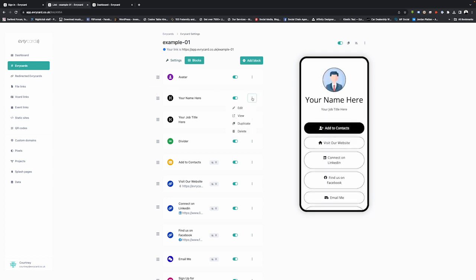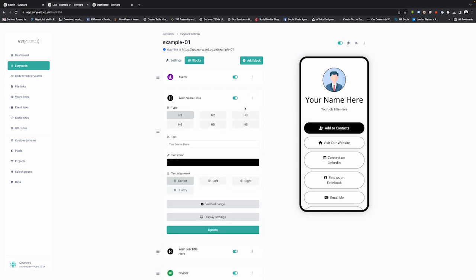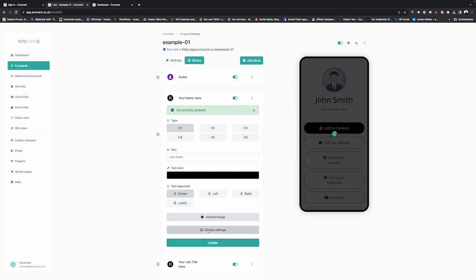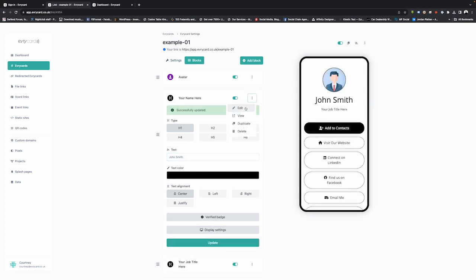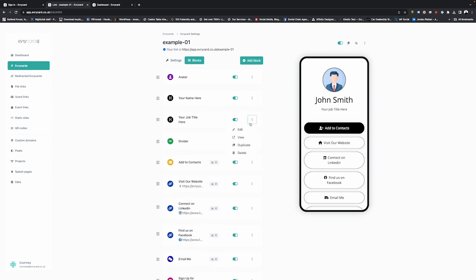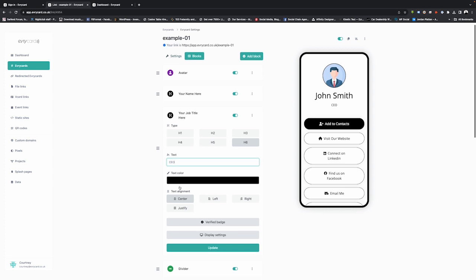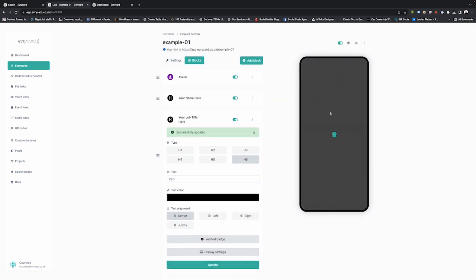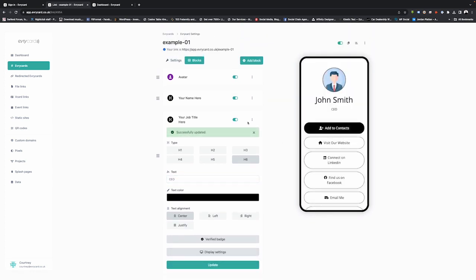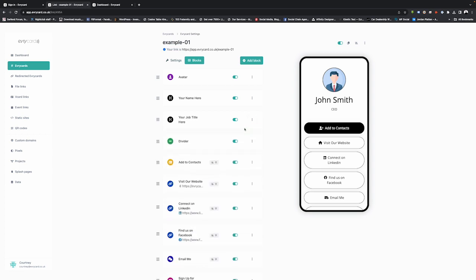Let's go in and edit our name. You can do this by clicking the three dots there and clicking the Edit button. Let's call him John Smith for the purposes of the demonstration and click Update. We can now close this block and update the job title. As you can see, the updates are happening instantaneously here. If you were to tap the card at the moment, then this would be shown on the device that you